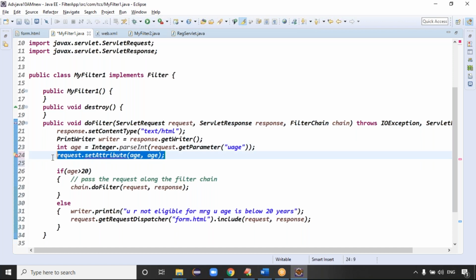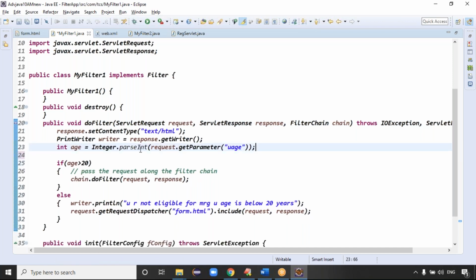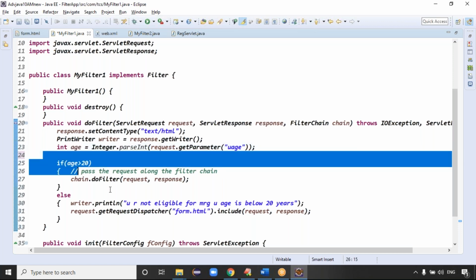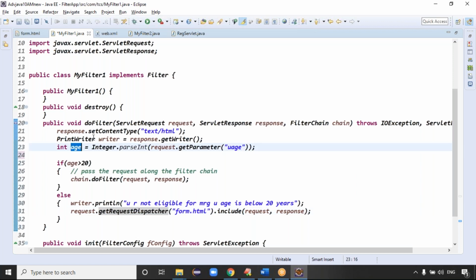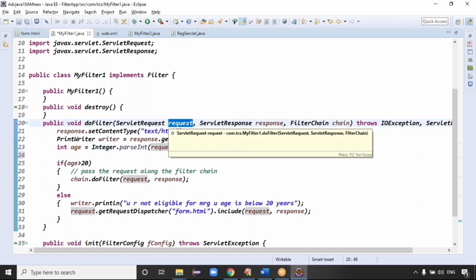But here, we are taking the age and converting it. After conversion, this variable is used only in this logic, sir. But we didn't set this age into the request object after conversion. It means by default the request object contains string format data only.